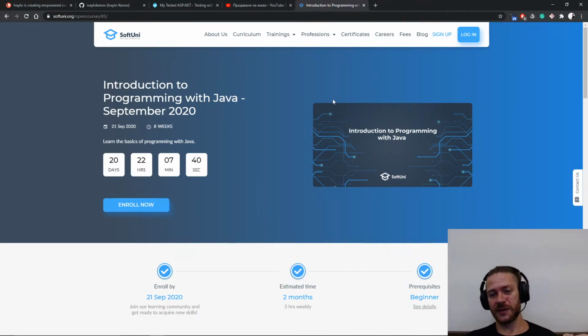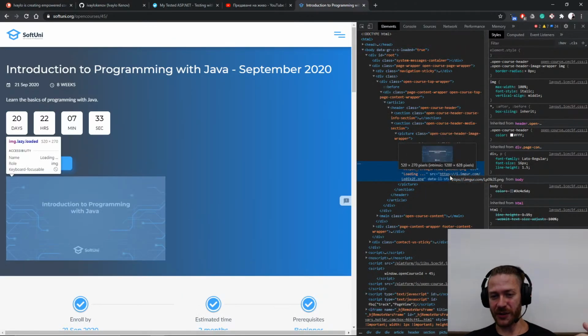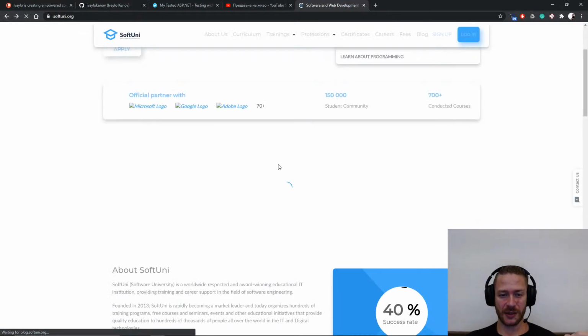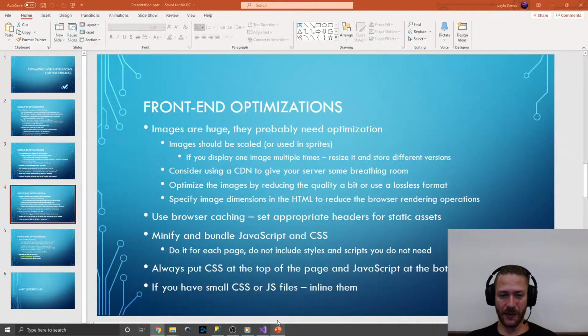This way, the image will be as optimal as possible, because currently we're having too big images for our needs, and that's not optimal in terms of network, in terms of browser rendering, and so on. So make sure